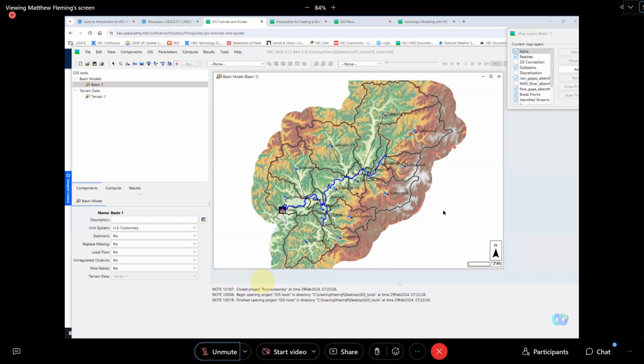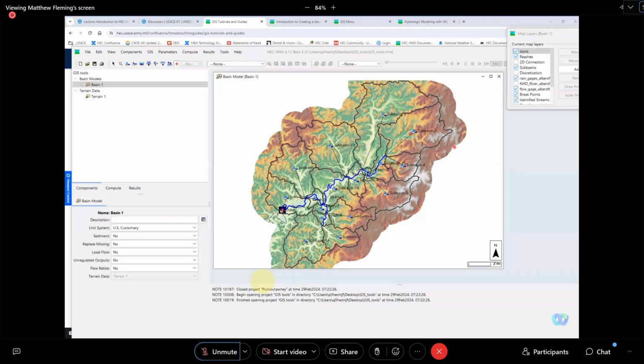And so for this watershed that we're looking at right now, we have this drainage area. There's only one location down here that has observed flow, right? So for the simplest of models,